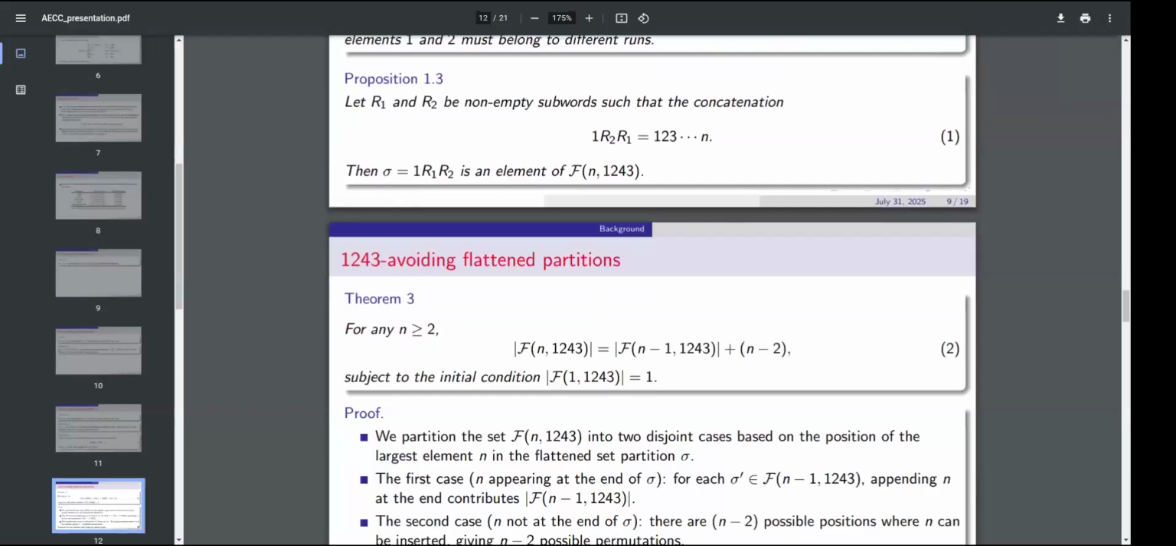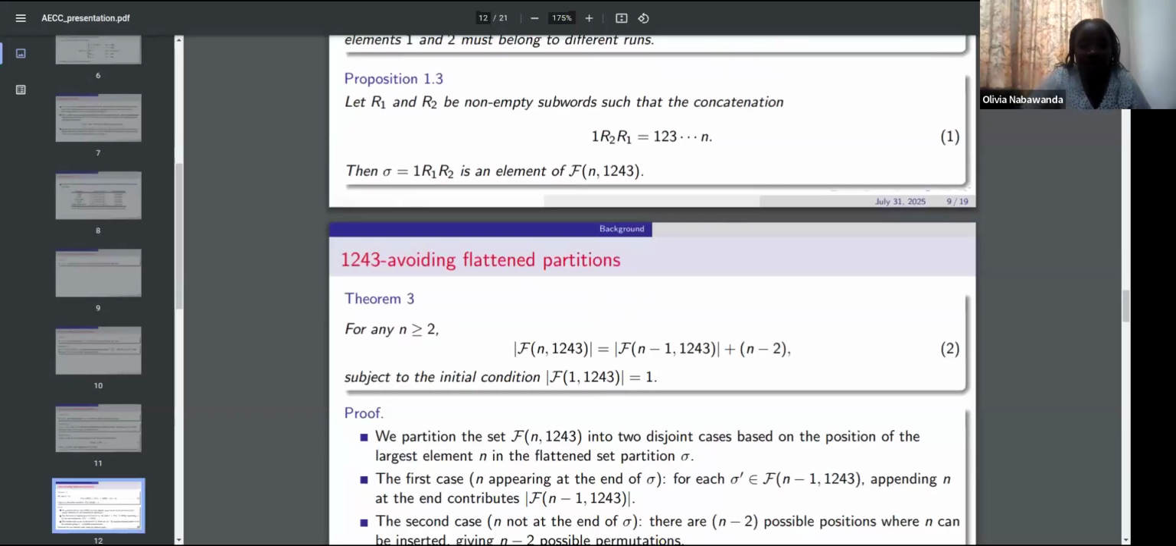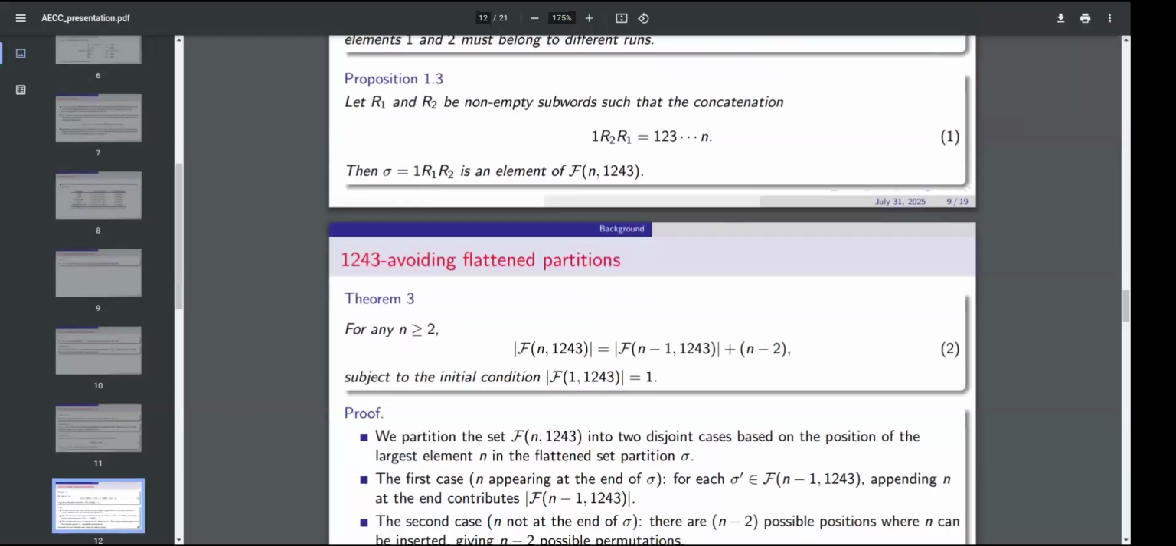Okay. Now, let's look at the 1324, 1423, 1342, and 1432 avoiding flattened partitions. So before I take you into what we've so far got on each of these, we'll call a result from my paper and Rakton Rajao, where we proved or constructed a bijection between